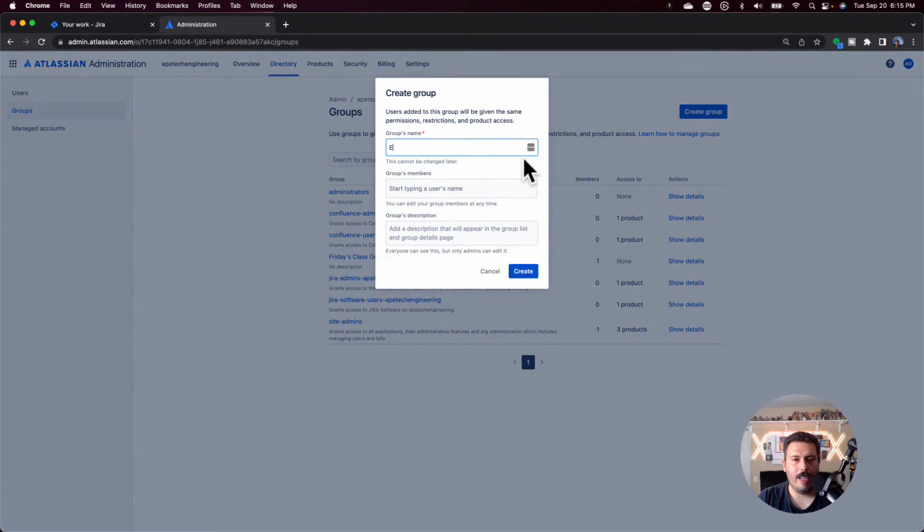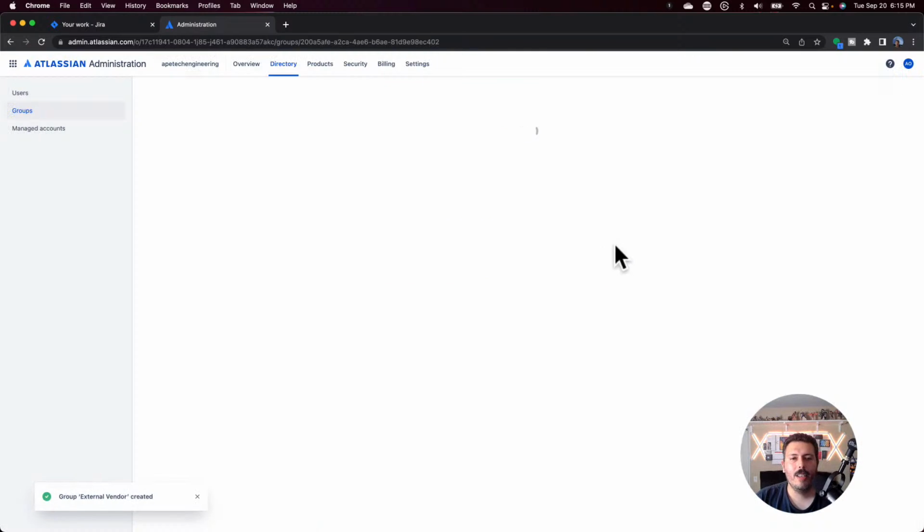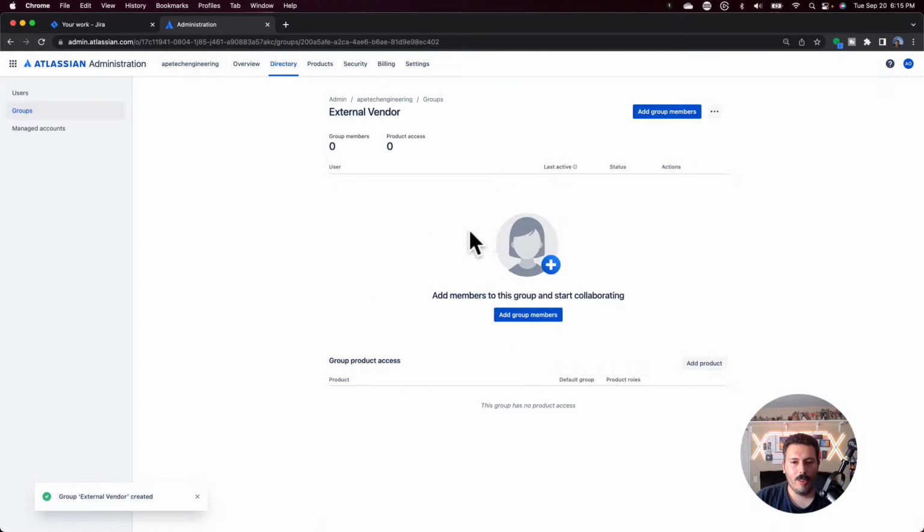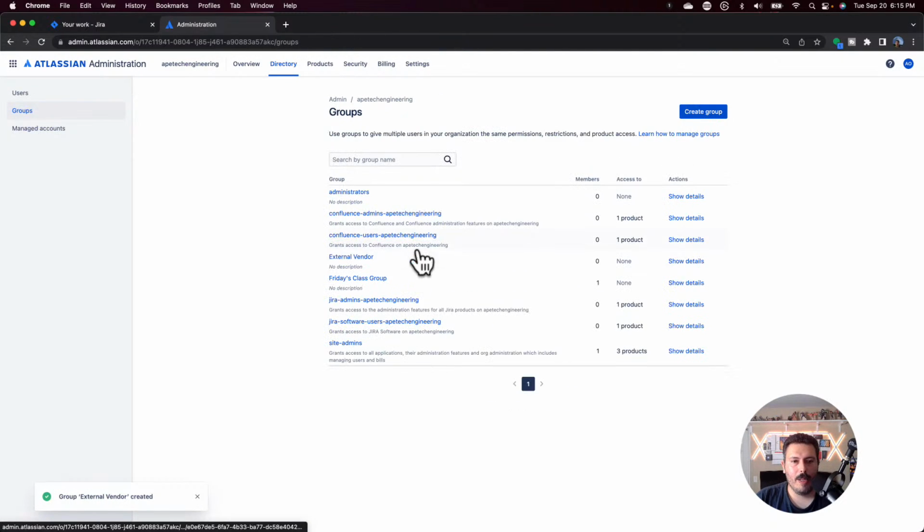So if I create an external vendor group and just hit create, you'll see that once it's created and I go back to my groups, there's nothing. There's no product access. So you do want to fix this. You want to make sure that your vendor does have product access, only because now what I'm going to do